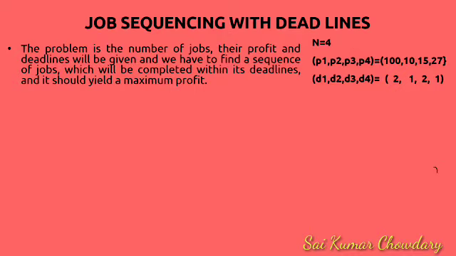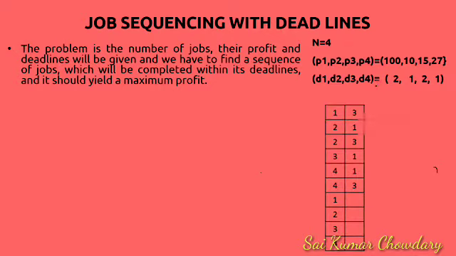Let us consider this example. If I go for this, what are the possibilities I'll get here? Here you can see the maximum deadline is 2 units only. So I can take the jobs at most 2 units only. Let us suppose this is the first unit and this is the second unit, and how many ways I can take the jobs. That possibilities I'm writing here. Anyway, I'll explain one by one.